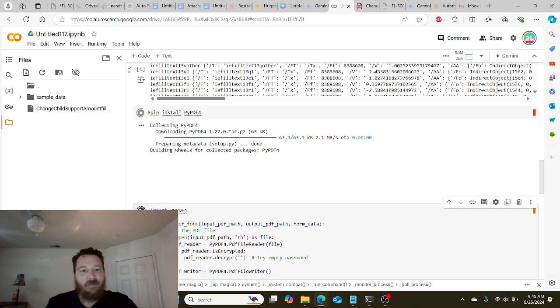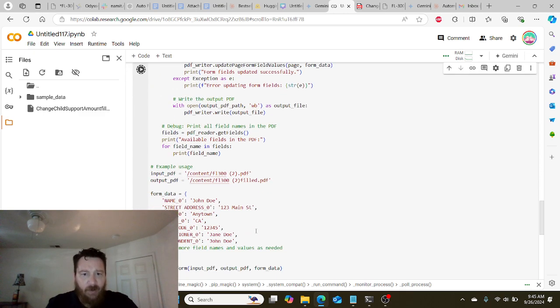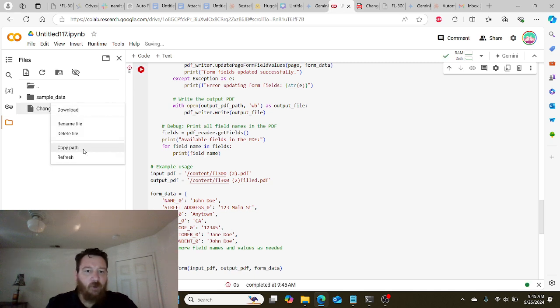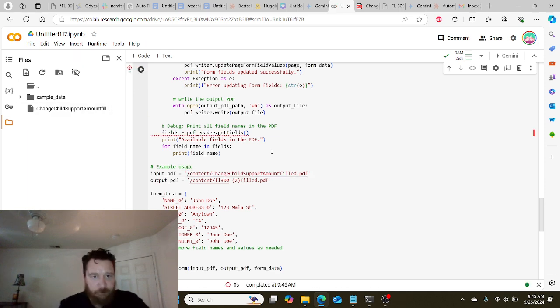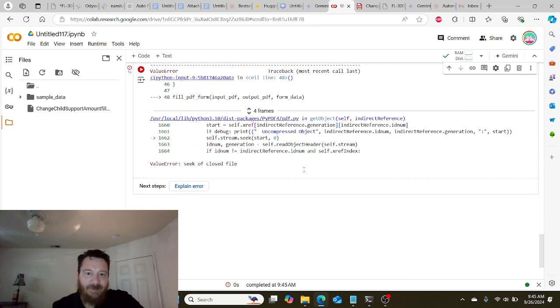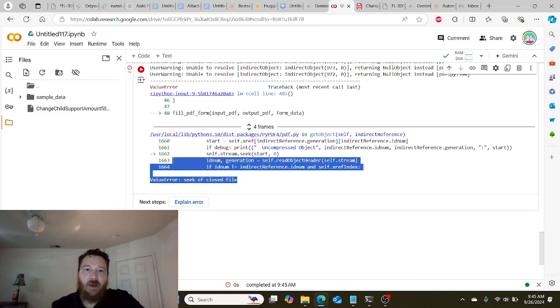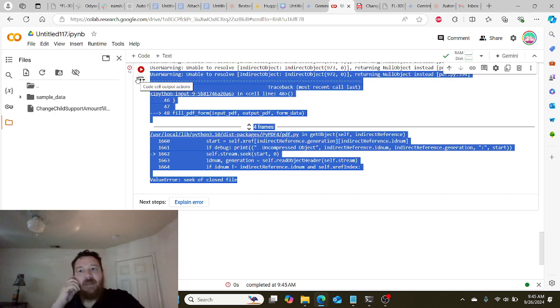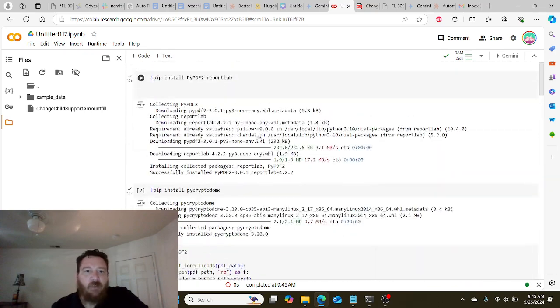PyPDF4 instead of PyPDF2. And so I go through lots of different ways to attempt to solve these errors. But the bottom line is that we're going to continue to hit these errors no matter what. See? Seek of a closed file, because this file has encryption on it. There's a lot of issues that end up coming out as a result of these forms that you don't think